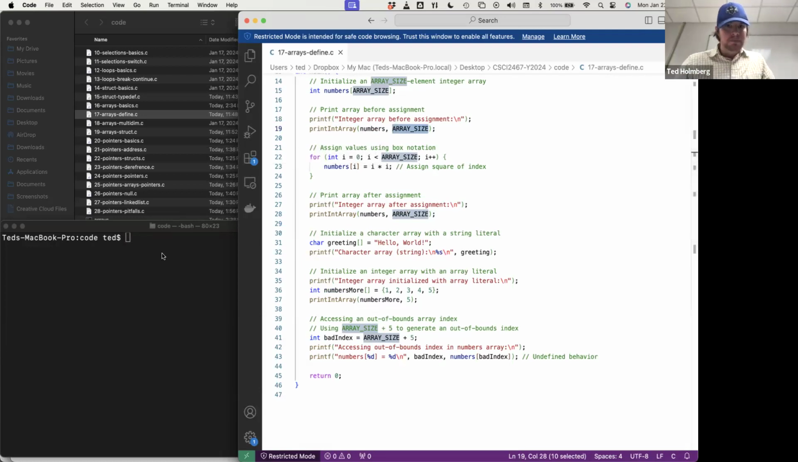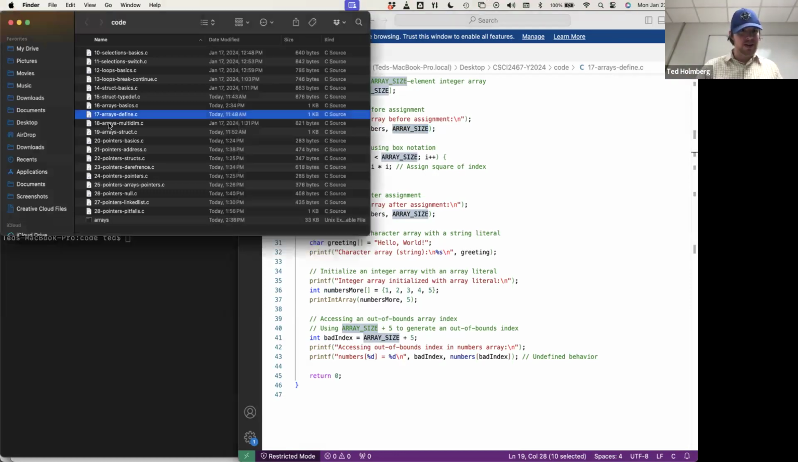Excellent. And I don't even think I'm going to compile this code. It doesn't even matter. It's the same thing. It's just a good illustration. Okay, the next thing we're going to look at is